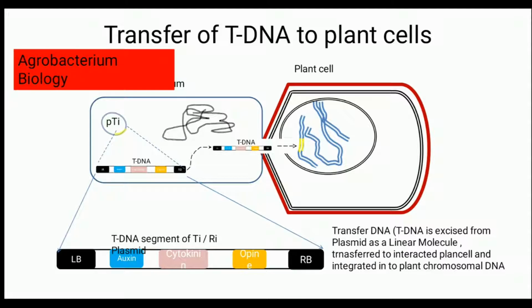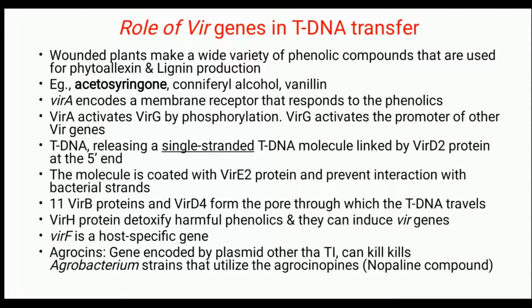Now we will see briefly about the mechanism of T-DNA transfer into the plant cells. When the Ti plasmid is present inside the Agrobacterium and the Agrobacterium contacts the plant cells, the region along with the left border and right border and flanked DNA sequence is excised out from the plasmid and moves from the Agrobacterium to plant cells with the assistance of a group of proteins. The wounded plants make a wide variety of phenolic compounds such as acetosyringone, coniferyl alcohol and vanillin. These are recognized by the protein called VirA, which is encoded by the Ti plasmid, and VirA activates VirG